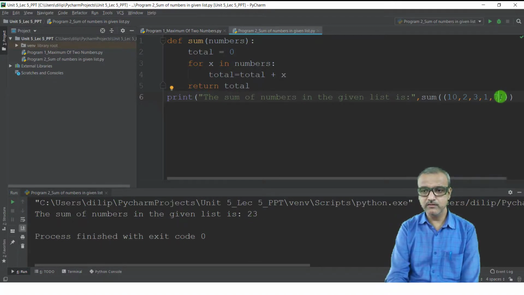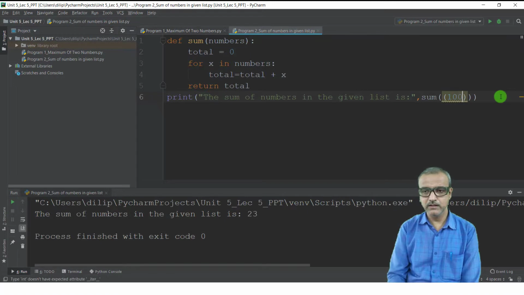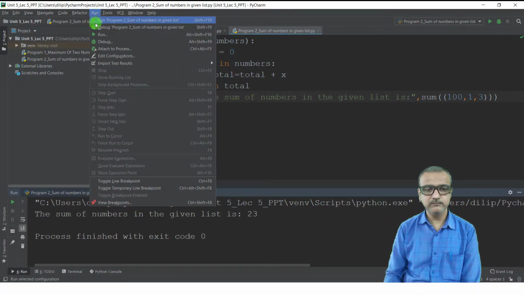Now say I am changing the numbers in the list. Say I am taking 100, comma 1, comma 3. So what will be the addition of 100 plus 1 plus 3? Definitely it will give you 104. Now again I will run this program to make you understand. To run this program again we have to repeat the same process. Click on this run button.